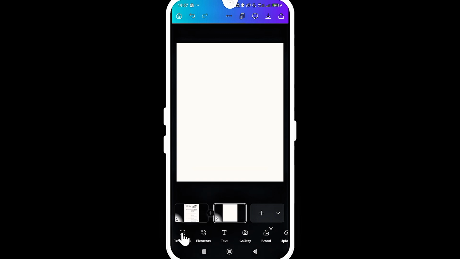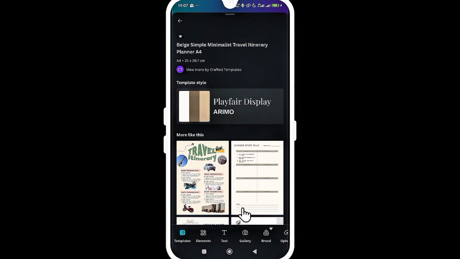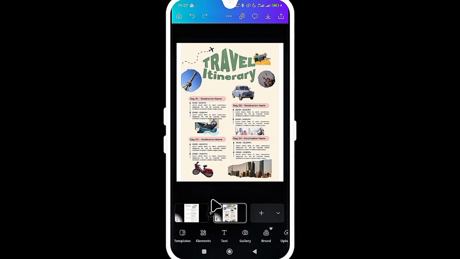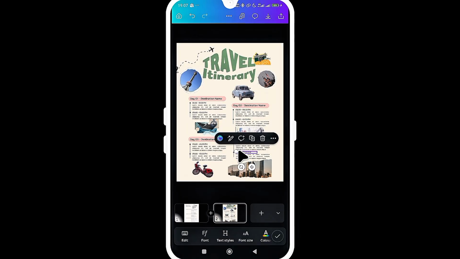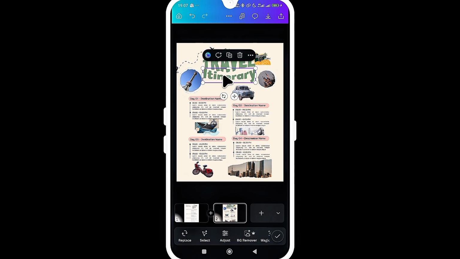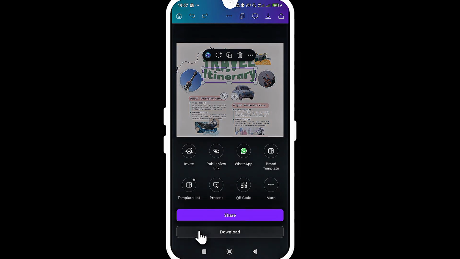And if you go back into the templates here, you can continue to add pages or design the pages that you want to add. You can pretty much change this in how you would change any other design. Once you're done editing this to your own liking, you will click on this arrow here and come over to